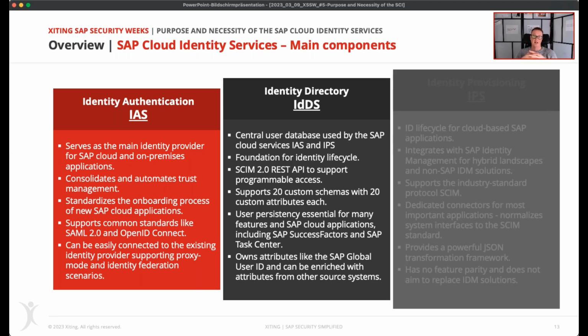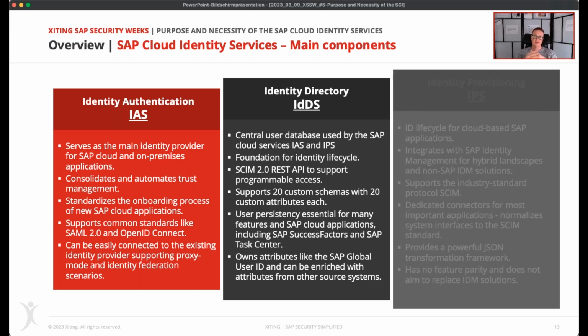It creates those, like, for example, the SAP Global User ID, formerly known as UUID. And it also can be enriched with further attributes, like, for example, a per person user ID or some other attributes that may come from a SuccessFactors solution. So it's not only a database that is used inside of the Identity Authentication Service, but also you can access it using a SCIM API.